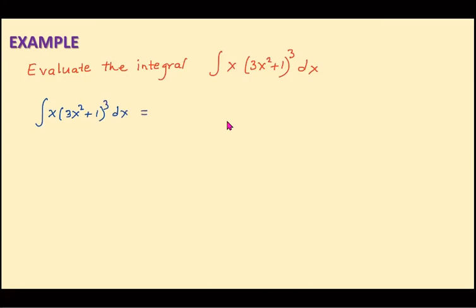Now, if I look at this carefully, I'm going to see something interesting. Let me rewrite here. So we have inside the parenthesis 3x squared plus 1 quantity cubed. Now, if you think of the derivative of 3x squared plus 1, the quantity inside the parenthesis, it will be 6x. But what we have here is not 6x, but just x and then dx. So we have x times dx. So this one is not the exact derivative of this one, but I would say it is